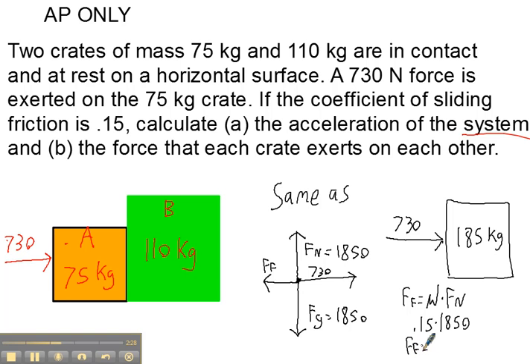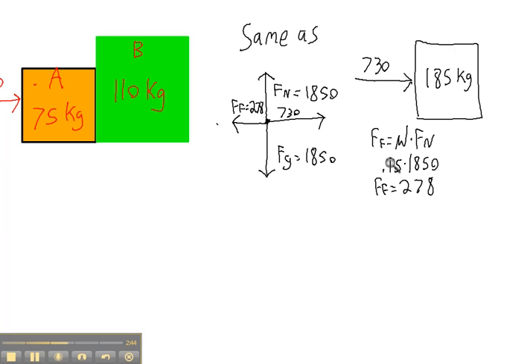For force of friction, I get 278 newtons. All right, so you're pushing it this way with 730, and the system has friction that opposes that push with 278. So if we want to find the net force on this whole thing,